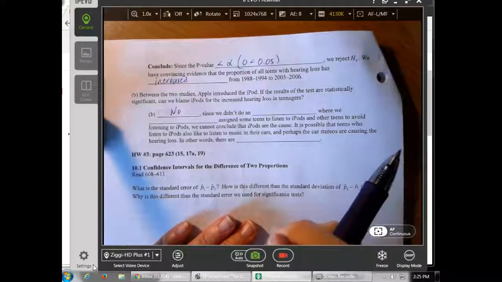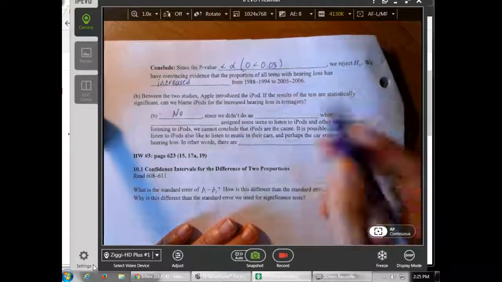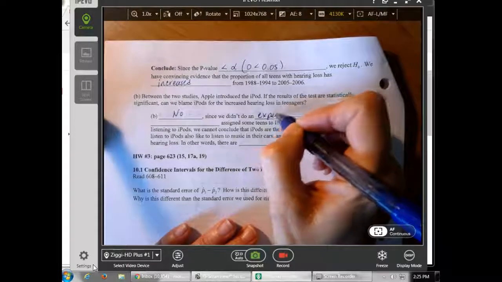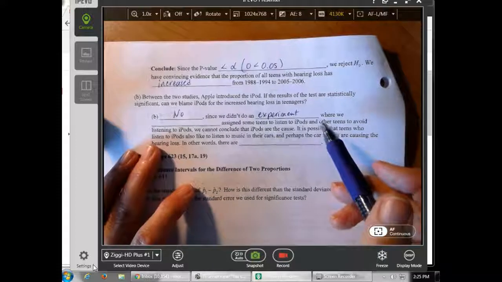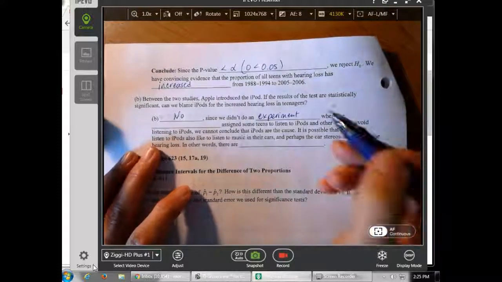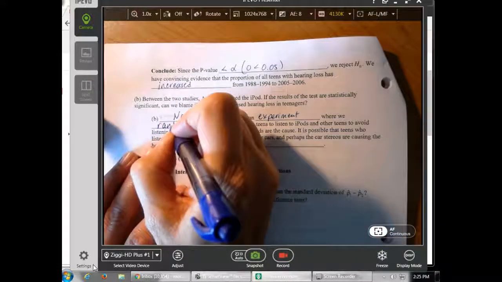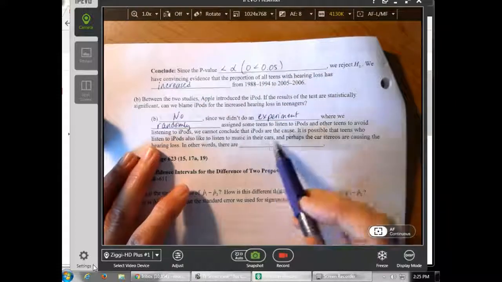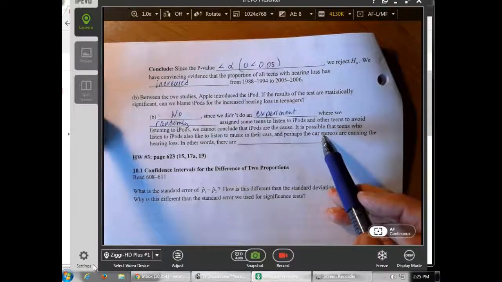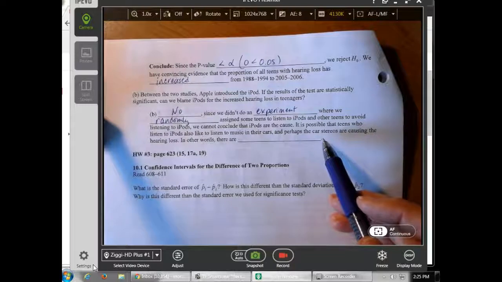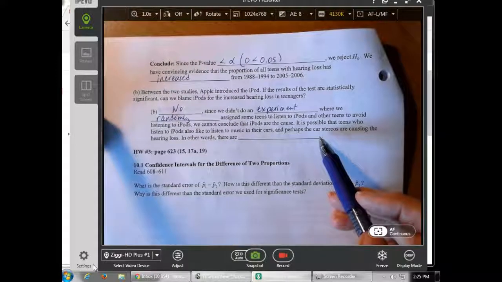So since we did not do an experiment where we randomly assigned some teens to listen to iPods and other teens to avoid listening to iPods, we cannot conclude that iPods are the cause. It is possible that teens who listen to iPods also like to listen to music in their cars, and perhaps the car stereos are causing the hearing loss. In other words,